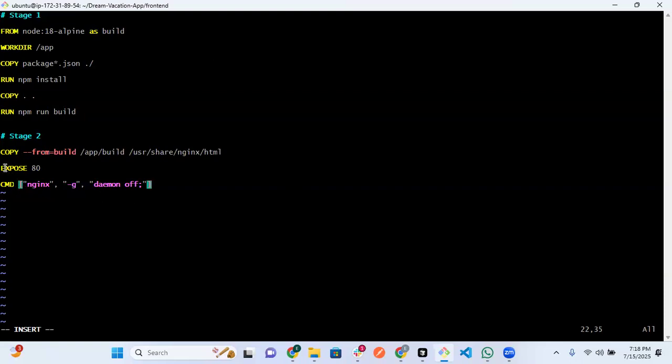This is the command. After this one, I will expose the port. Since we're using Nginx, the default is 80. Then the command: this one is the command to run it inside Nginx. But you can still leave